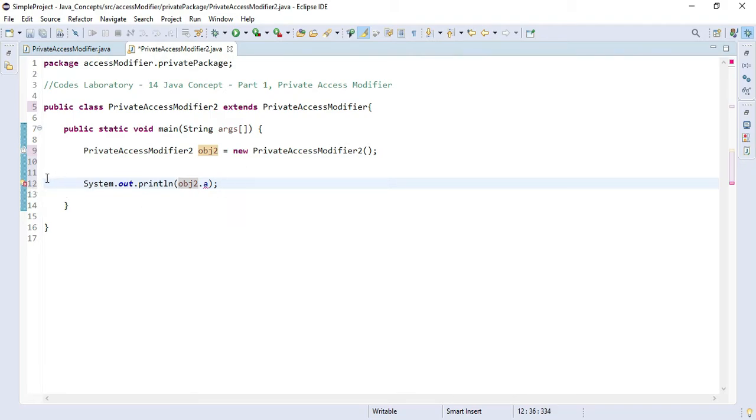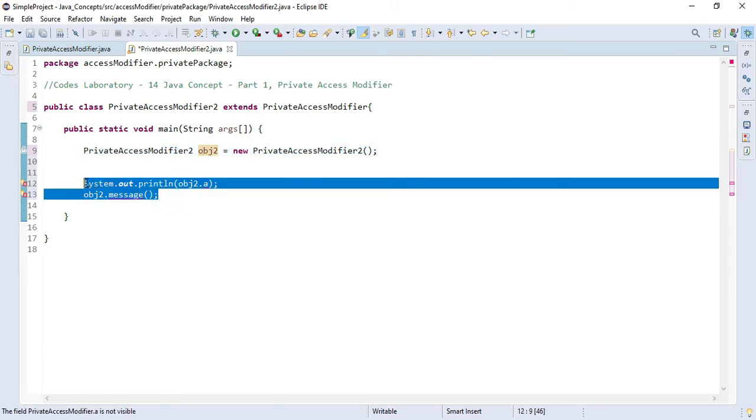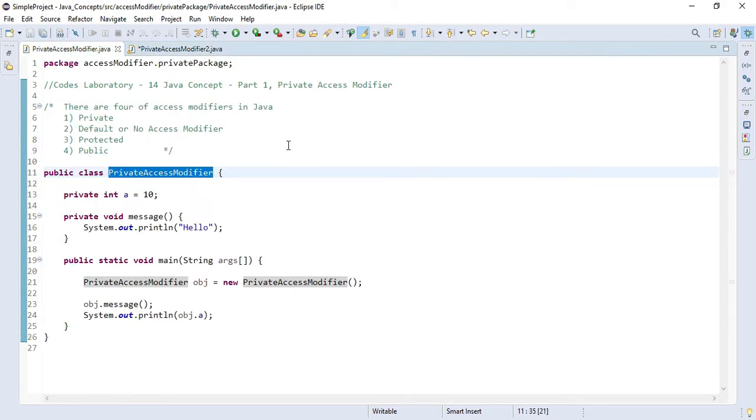It says the field private access modifier.a is not visible. Why is it not visible? Because it is private. Let's also try to call the method message. As you can see, it is also giving us an error, and it says the method message from the type private access modifier is not visible. I hope you have got some idea: if you have created something as private, you won't be able to access it in some other class.